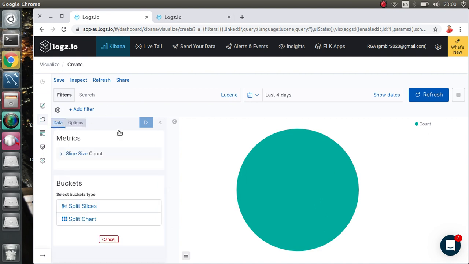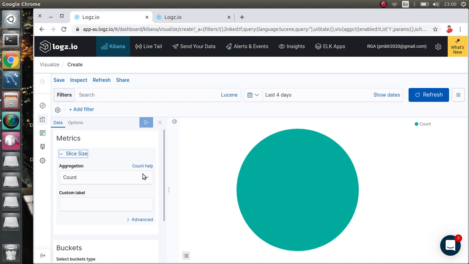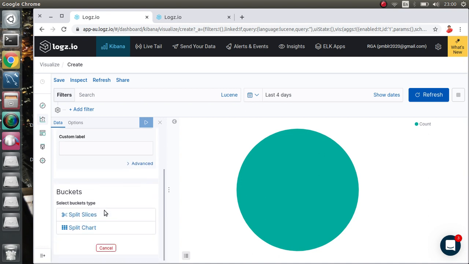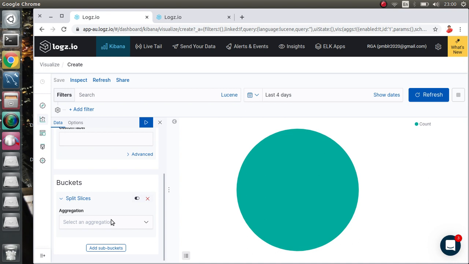Now we'll come to the data option. What happened? You want to count it, right? There are so many options: count, sum, hit, and unique count also. So I want to count first, okay? You can give it a particular name, but this name will not come out here. Now there is the bucket. In this bucket, you want to split it, okay? Split it with respect to which field? Let's see the aggregation. I want to split in terms of